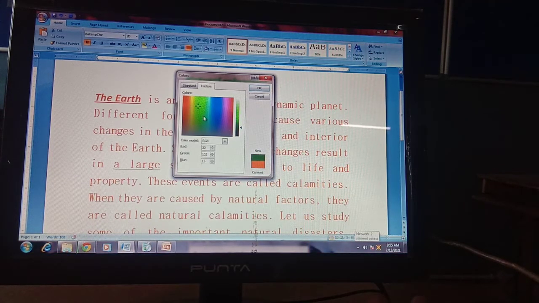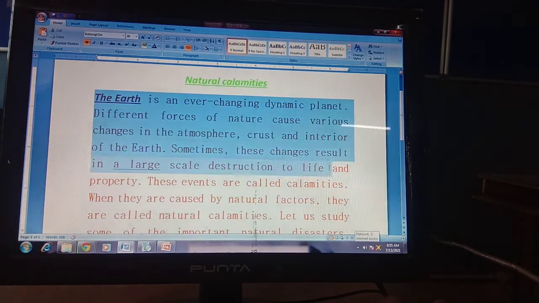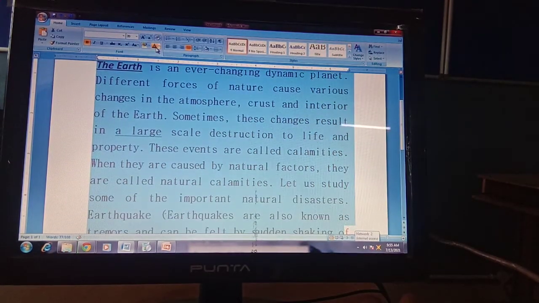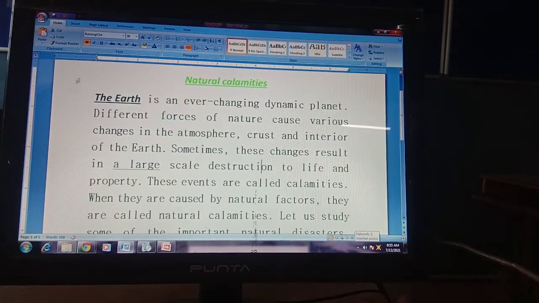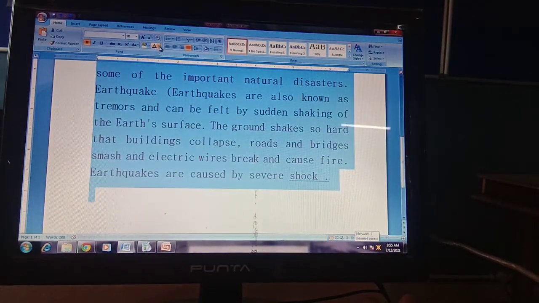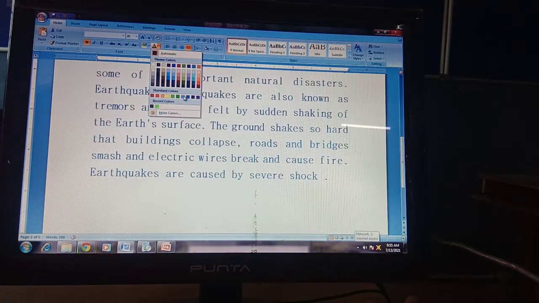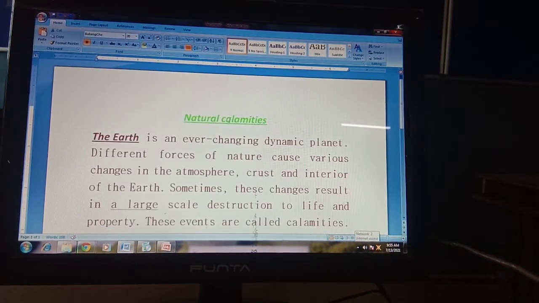Okay, and you can change your color from here. And now select the text and convert it into that particular color. Clear to everyone? So this is how you can change the color of the text.